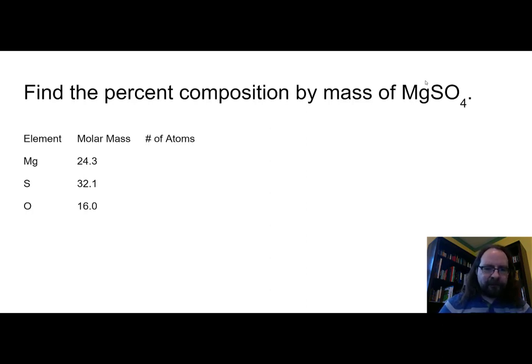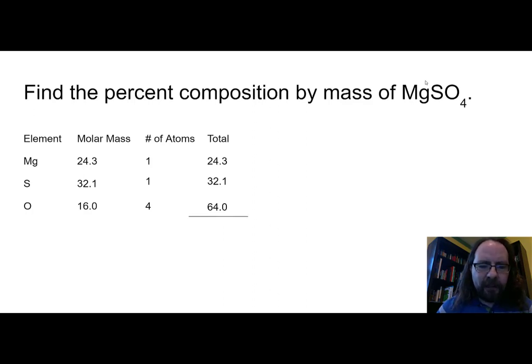And as I've said before, that's one you should definitely have memorized by the end of chemistry, because there's enough oxygen in everything. From there, I also consider how many atoms of each element are actually in 1 molecule of the compound. Here I can see in my compound that there's 1 atom of magnesium, 1 atom of sulfur, but 4 atoms of oxygen. And then it's just a matter of simple multiplication. That means there's going to be 24.3 total grams of magnesium, 32.1 total grams of sulfur, but 64.0 total grams of oxygen, because I had to multiply the 16